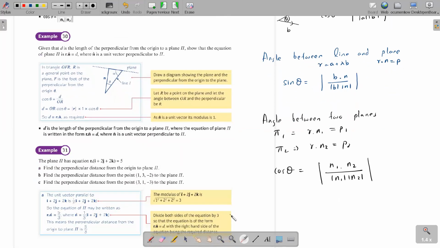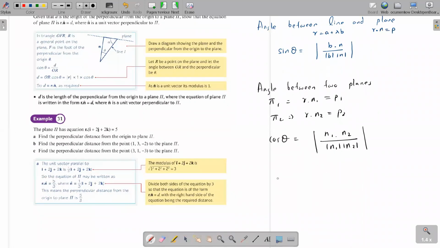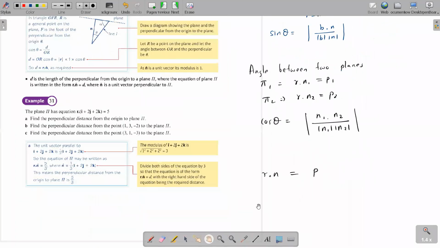Yeah, so now the normal equation of the plane is r dot n equal p, right? The dot product of r and n equal p. So then r is of course unknown, but n is a perpendicular vector. So how do you make this perpendicular vector into n hat? How do you make it a unit vector? This vector n, the perpendicular vector is n. How do you make it a unit vector, Pudha? What's the strategy of making any vector into a unit vector?